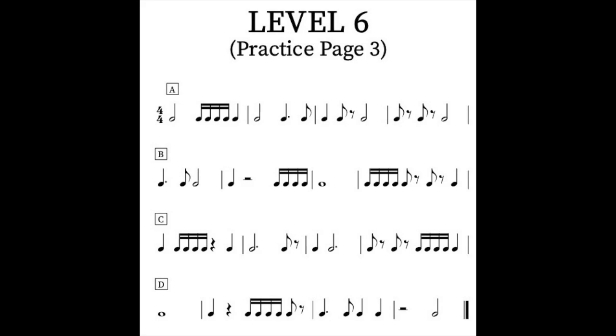1, 2, ready, go. Ta, tiri, tiri, ta, iti, ta, ti, rest, ta, ti, rest, ta, B. C, ta, tiri, tiri, rest, ta, ti, rest, ta, ti, rest, tiri, tiri, ta, D. Rest,